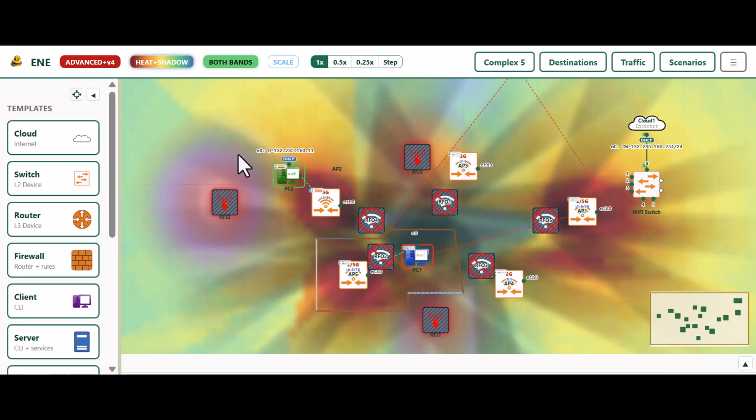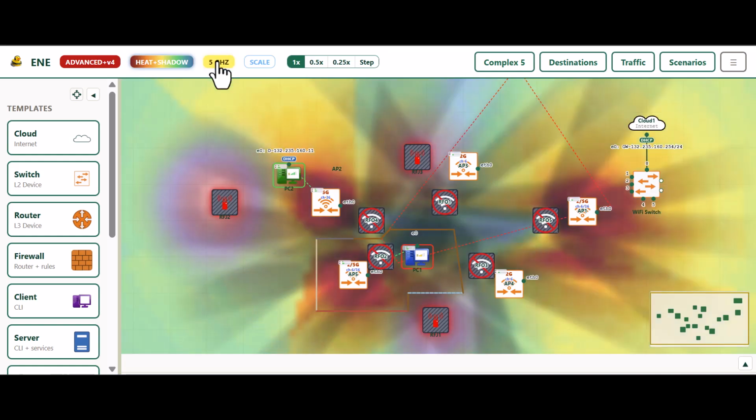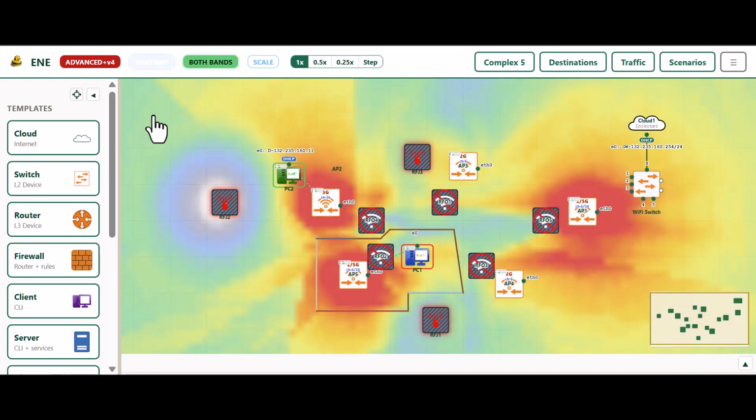And so what we're seeing here is shadows and the heat map. The heat map is the signal strength. Red is hot, meaning I have lots of signal, and green is cool, meaning I have less signal. We can turn on 2G and 5G, so if I want to see signal strength in only one of the frequency bands, I can do that. Turn on just 5G. If we turn on just the heat map, we've turned off shadows, we can see